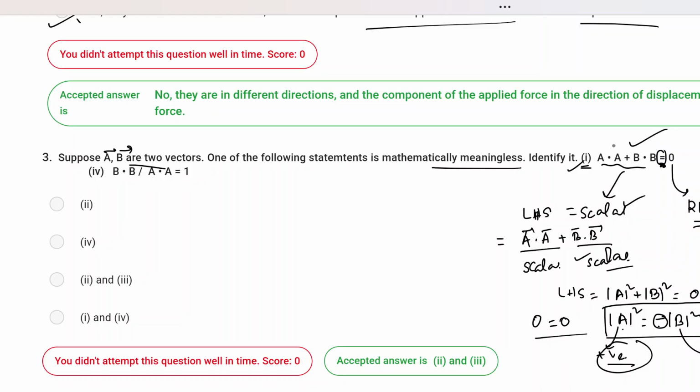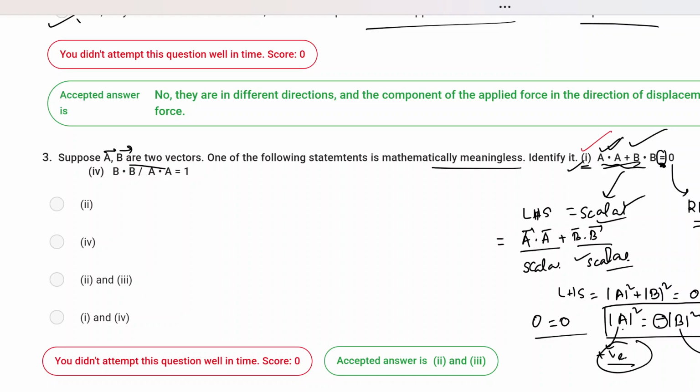But even before going to that, if you are just looking at it mathematically from a vector point of view, then obviously this is a correct statement, because you can have a 0 or null vector. You can have a vector whose magnitude is 0. So in that case, this is a correct identity, that you have a scalar quantity on both sides. So it makes sense. So this is the correct statement. And then similar ideas will be applicable for the other options as well.